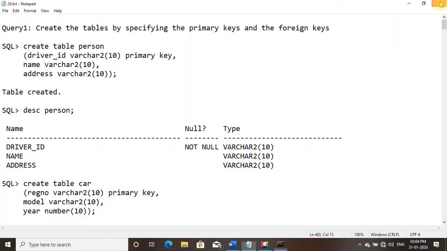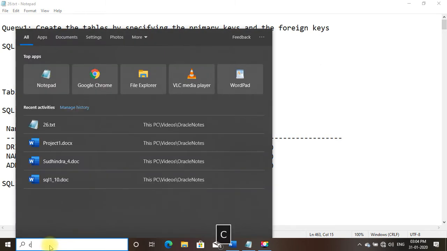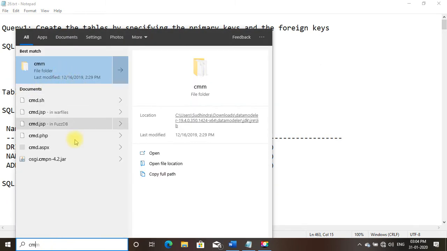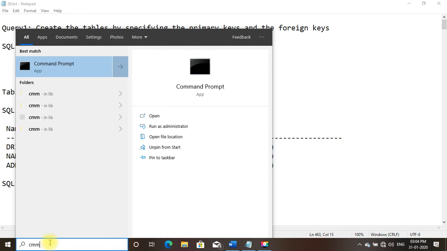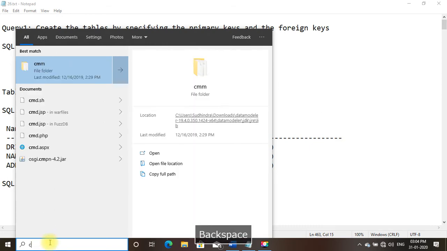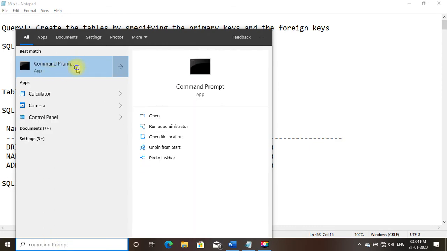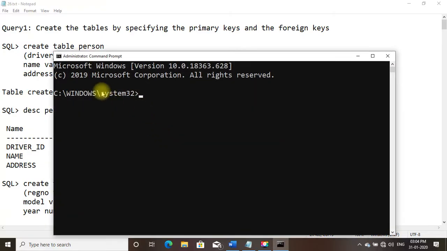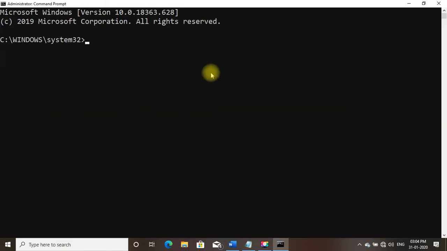It has run. We shall run it once again. Type cmd, command prompt, right click on it, run as administrator, say yes. Maximize the screen.